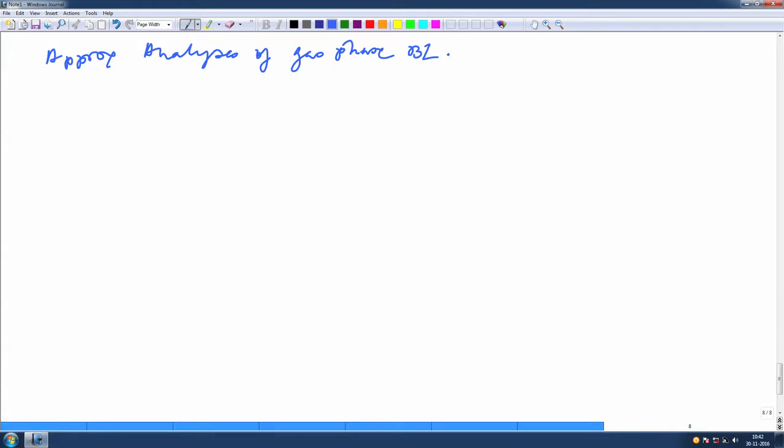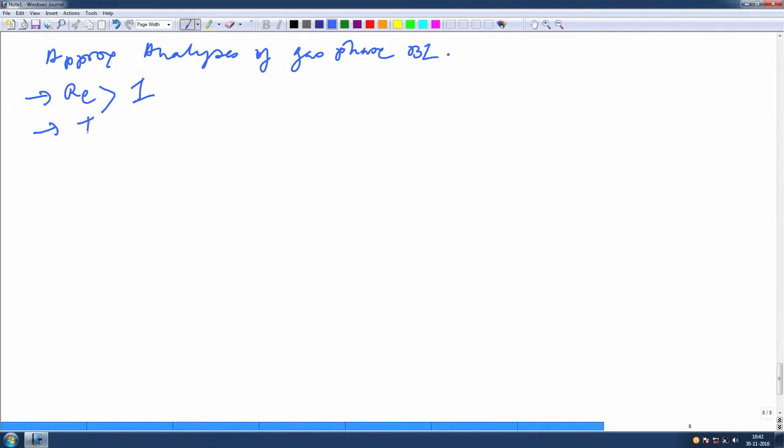So, we are first going to analyze the gas phase boundary layer, because that is step number 1. We also have to do the liquid phase analysis, because this is a full convective model that we are looking at, right. So, the first assumption is that the Reynolds number of the droplet is greater than 1,